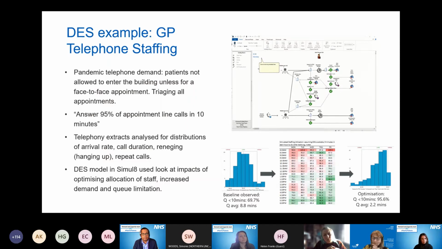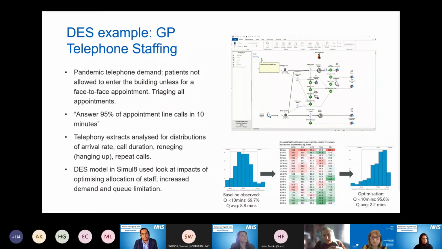But when we were asking them what they wanted to achieve, what they wanted to do was be able to answer 95% of their calls within 10 minutes. So through using the telephone extracts from their telephony system and looking at the distributions of the data in terms of how long calls take, when calls arrive during the day, the different patterns of people hanging up and calling back, we developed this discrete event simulation model and looked at the utilisation of their staff based on